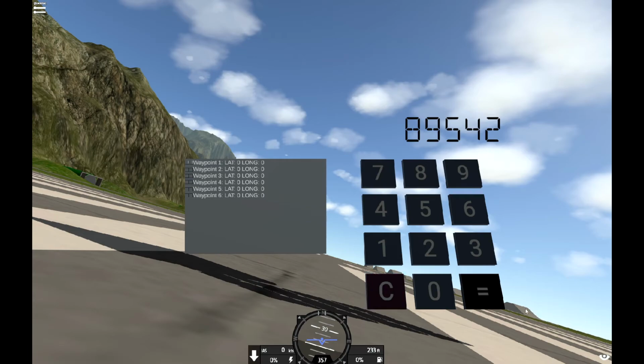Then you hit this button, which is not calculate, that's just enter. I need to fix this up a tiny bit. And then you can enter in, let's say, this. You can click this button, and that code will be briefly written to another variable called waypoint 1 latitude. Then you clear this, but it doesn't clear this, it only clears the display text. And then you write a different one, and then click enter, and you have a latitude and longitude